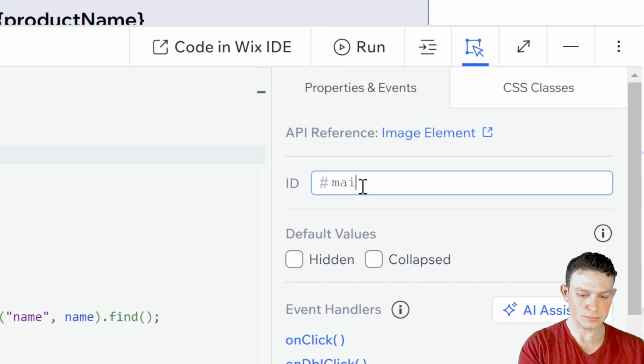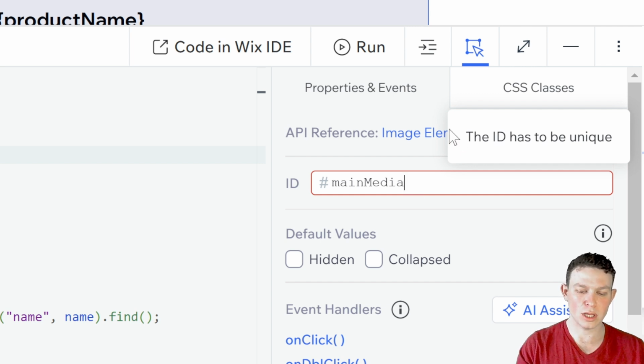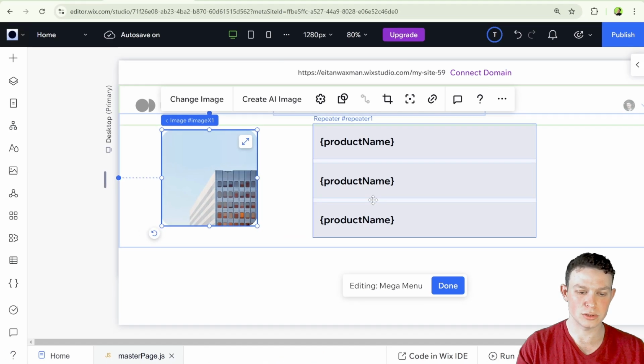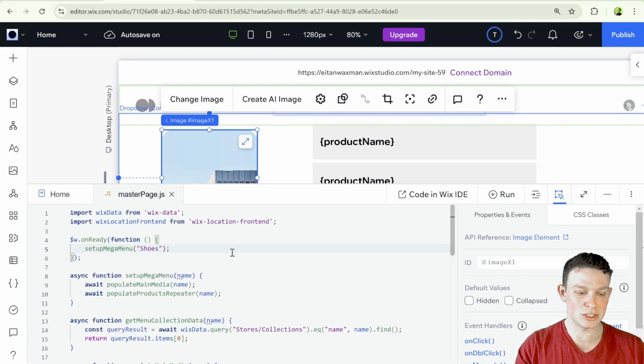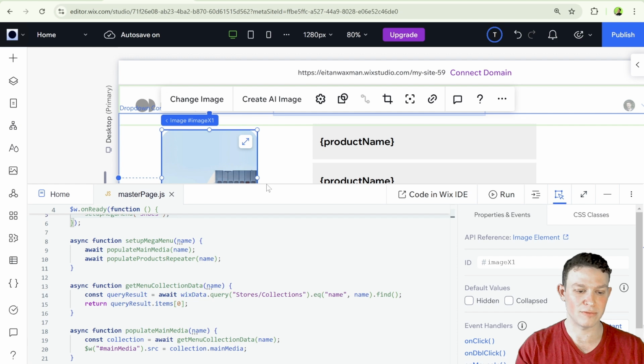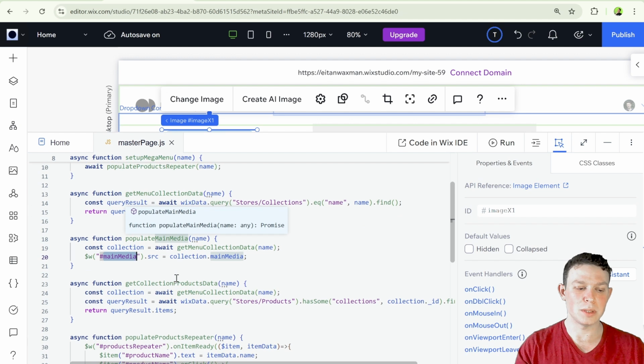And here, you'll see that we have a little bit of an issue because it says the ID has to be unique. Essentially, because all of our mega menus belong to global sections in general, each of them has to be unique. So that means this main media has to have a different name from the other main medias, and we would need to make some adjustments to our functions so that things like this main media over here would be